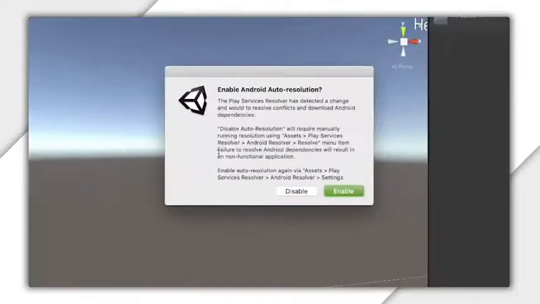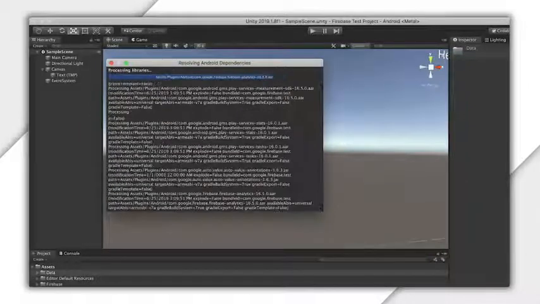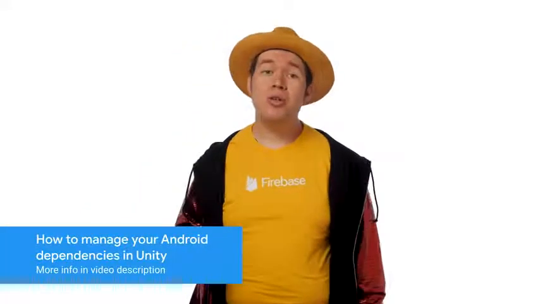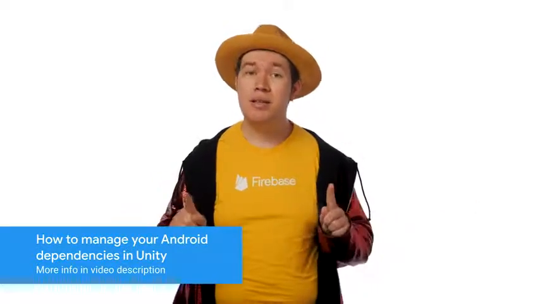You may see this dialog box from the Play Services Resolver. You should let this auto-update. But what does it do exactly? Firebase requires native dependencies outside of what is typically required by Unity. Rather than requiring you to learn how each platform's build system works and making sure native components match with their Unity wrappers, the Play Services Resolver will make sure that your Unity project has any non-Unity dependencies it needs when